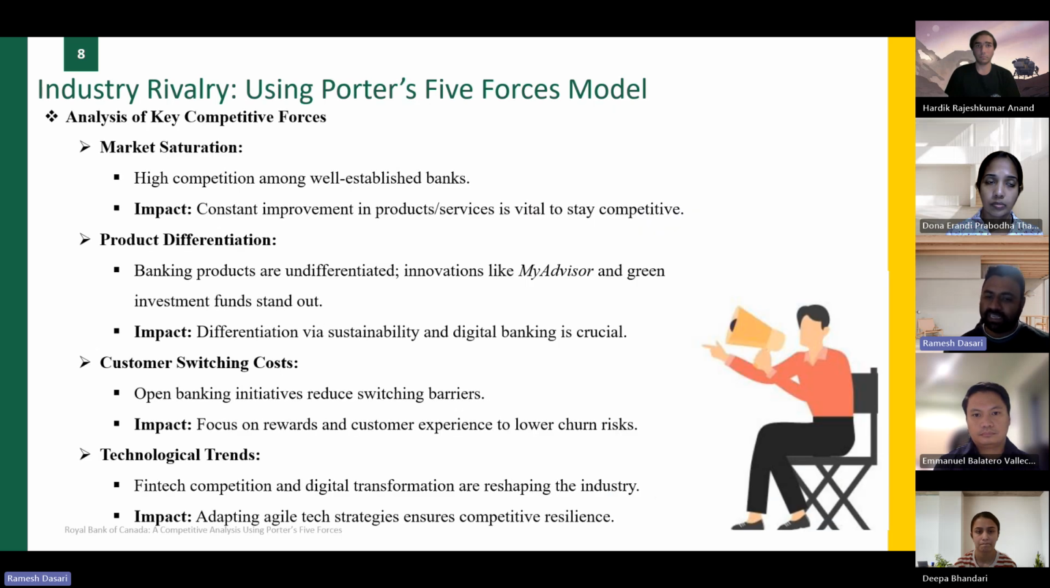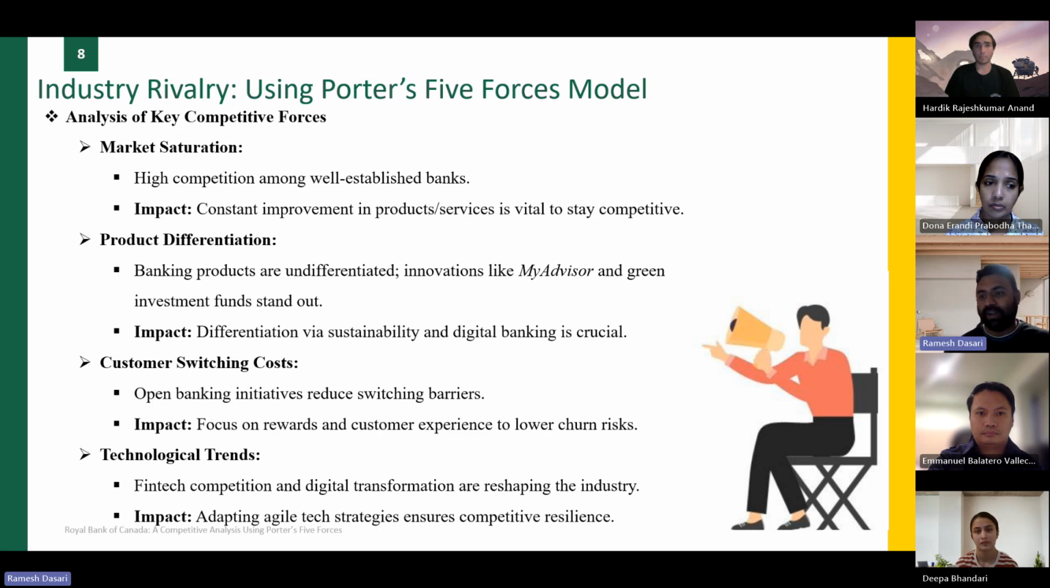Another critical challenge is customer switching costs, which are traditionally high due to time and effort. However, Canada's open banking initiative aims to reduce these costs, increasing competition further. Additionally, fintech companies, P2P lenders, and neobanks are disrupting the market by offering innovative low-cost services tailored to younger and tech-savvy customers. To address these challenges, RBC has embraced digital transformation, developed diverse services, and continues to focus on